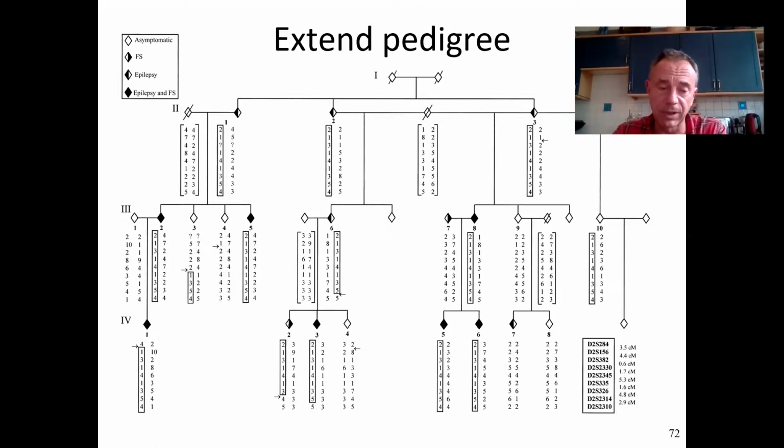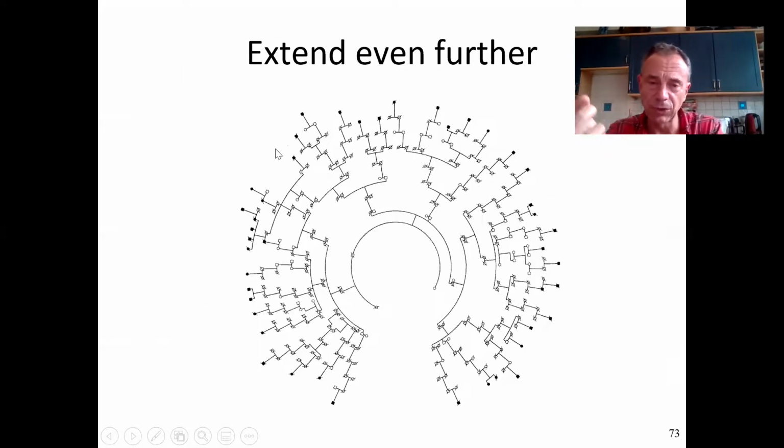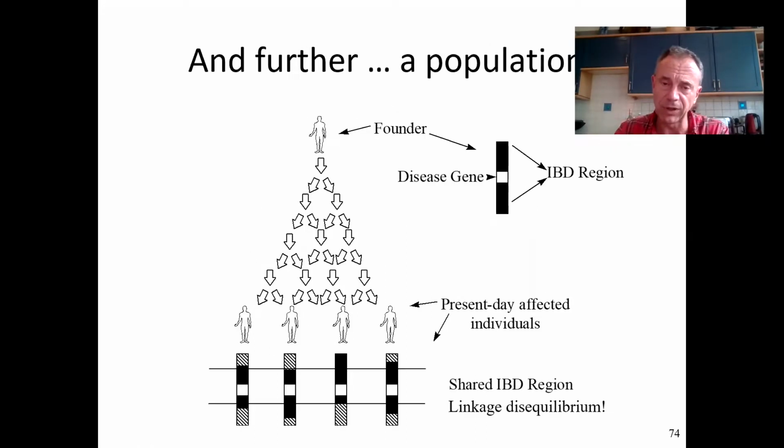You get further and further away, more and more distant. You start to narrow your region down more and more. You look at the breaks in the haplotypes. You get a kind of critical region which you hope involves fewer and fewer, more and more closely spaced markers. But then you have to go out further and further, and then you arrive in a situation where notionally what